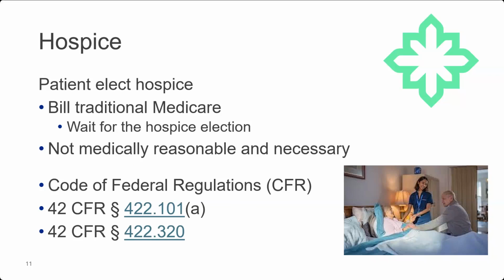What's happening with traditional fee-for-service Medicare is that people are billing this to us, but they're not indicating that it's hospice care related with the appropriate modifier, GV or GW, or the condition code, which I forgot. I'm sorry, I can't remember. I'm going to see if Karen will look that up for me. But because of that, we have to deny those claims. They're automatically denied. So you need to bill traditional Medicare.